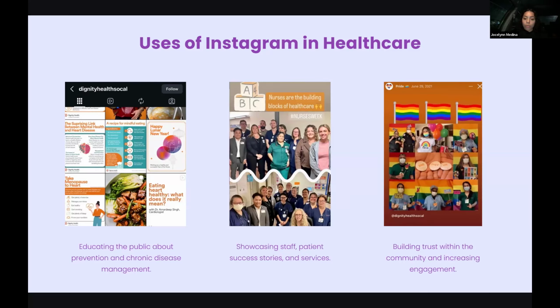Lastly, building trust within the community and increasing engagement. Another post, posted June 29th, 2021, showcases basically that they're a community and that they celebrate things like Pride Week and other occasions for everybody, and they just want to showcase it to their patients so that they feel more comfortable coming in for an appointment.